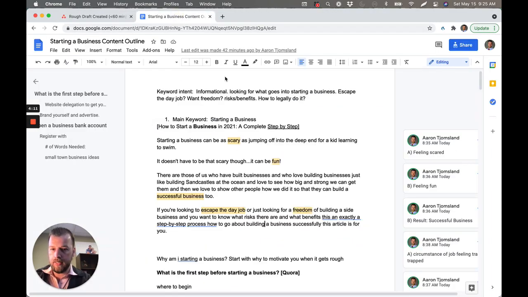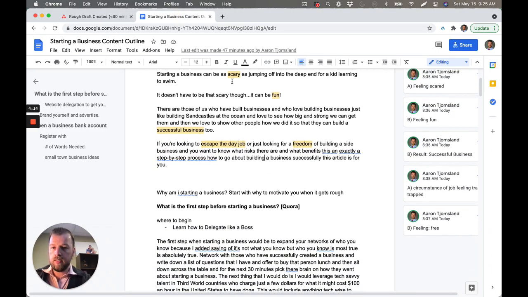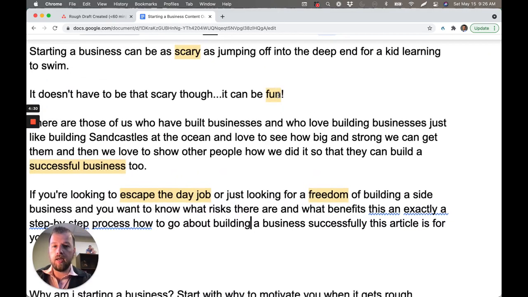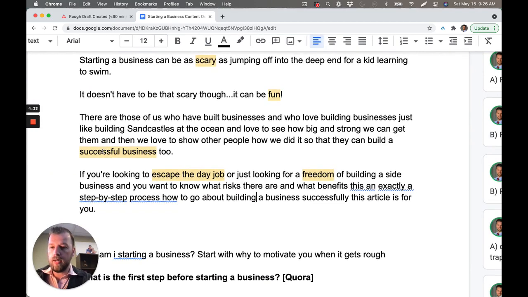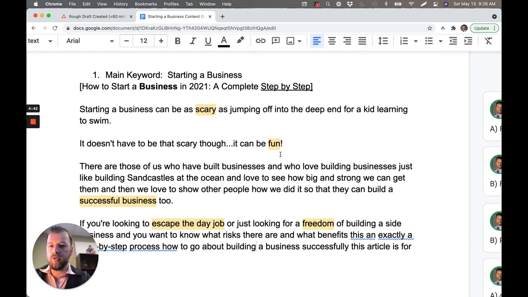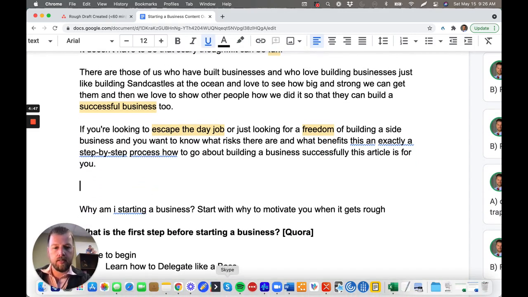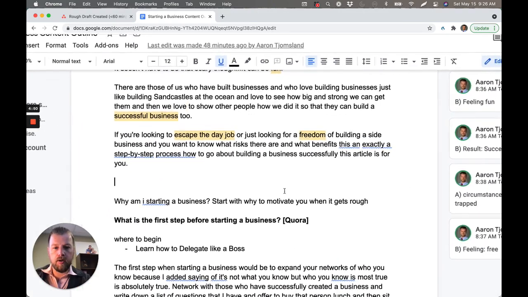So let me give you a quick example. We have our intro here. Somebody wants to start a business. I ventured out to say maybe they're feeling a little bit scared, timid, or there's some unknowns, right? And we want to show that we have something to show. This could be fun. It could be really enjoyable, and we know how to get to the state of a successful business and the state of freedom. And anyways, we've captured a lot of that as the intro, but right after that, let's get personal here, right? Let's see if we can share a personal story.